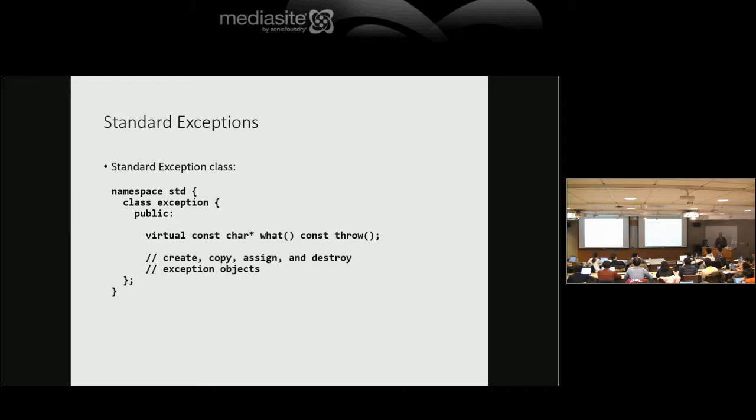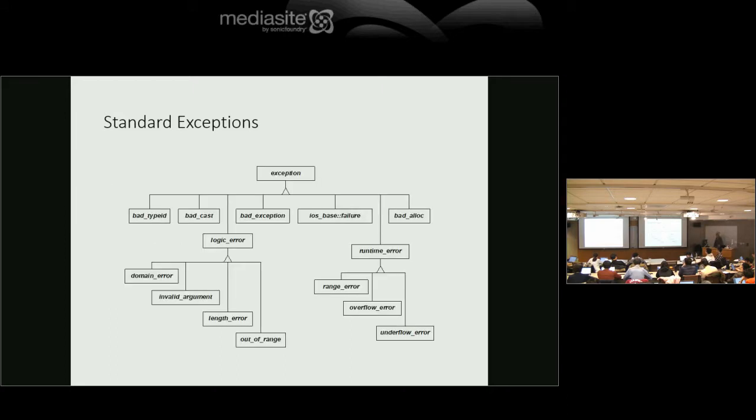And often, I don't need a message, just the type of error that happened. For example, I think I used range error in the string class when I was indexing. If the index was out of range, less than 0 or higher than n, I threw a range error. So you can tell from the type what happened. I had an out of range index.